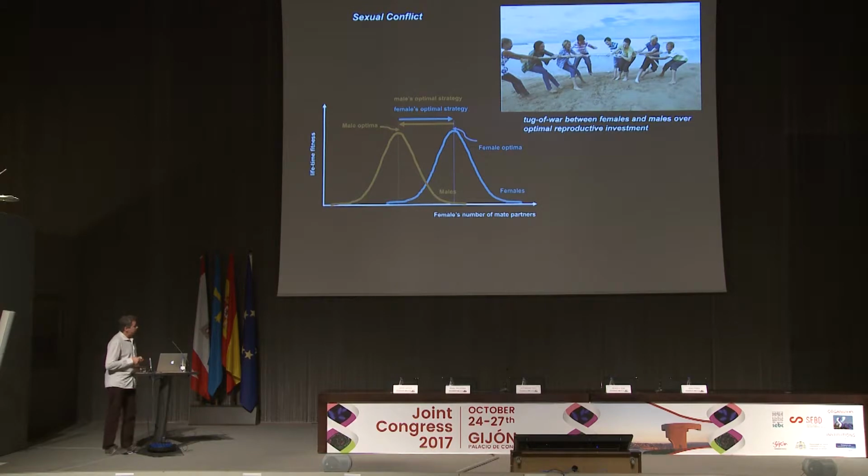Another sexual conflict is the conflict about the female's number of mate partners. For a male, the best thing is if the female only copulates with one male, because then he fertilizes all the eggs. However, for a female, this is not the case, because females are limited in the number of eggs they can produce. They only have two possibilities. The first possibility is to choose a better mate, and the second possibility is to mate with more mates. And here, of course, there is another example of sexual conflict.